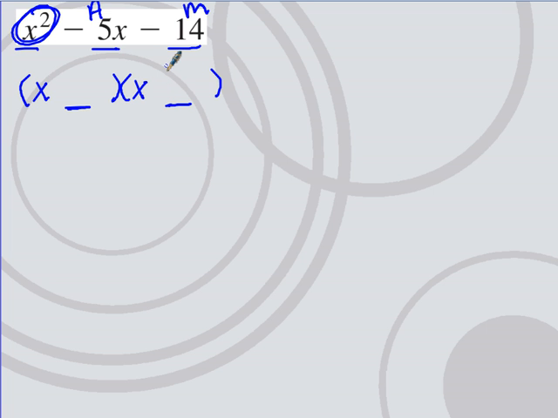Here's how I teach it. If this is a negative 14, and we've got to multiply to give me negative 14, can they both be negative? No. Can they both be positive? No. Just use your common sense, your rules of positives and negatives. If it multiplies to give you negative 14, obviously one of them's got to be negative, one of them's got to be positive. That's the only way you can multiply to give you a negative. If we need to multiply to give us a negative 14 and add to give us a negative 5,